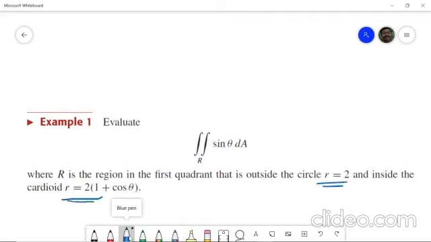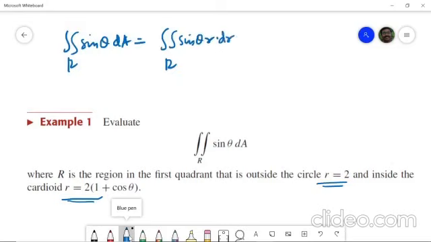So before that, we need to find the integral over R of r sine theta dA. Now dA is actually dx dy, so when it is converted into polar form, it will become r dr d theta. Okay, so dx dy will be changed to r dr d theta. Now you need to supply the limits of r and also theta. For that you need to draw this region roughly.